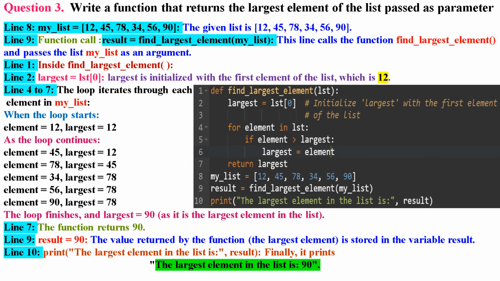Let's see the visualization of the question 3 code. Write a function that returns the largest element of the list passed as parameter. Line 8. my_list equals list containing elements 12, 45, 78, 34, 56, 90. The given list is 12, 45, 78, 34, 56, 90. Line 9. Function call. result equals